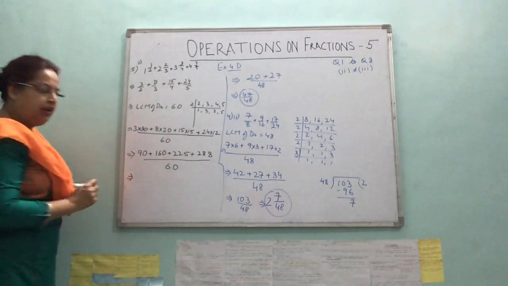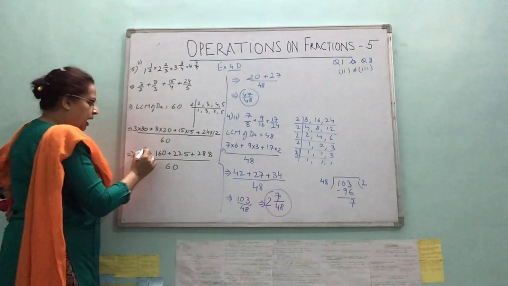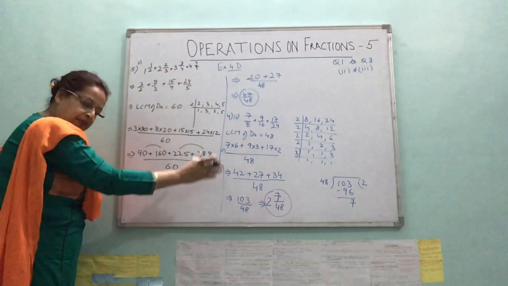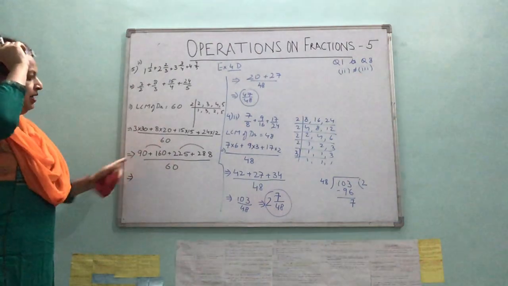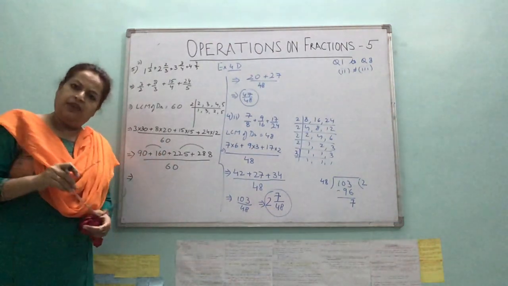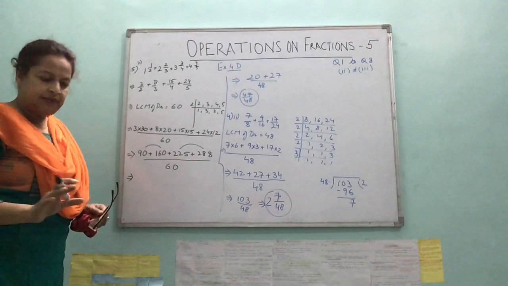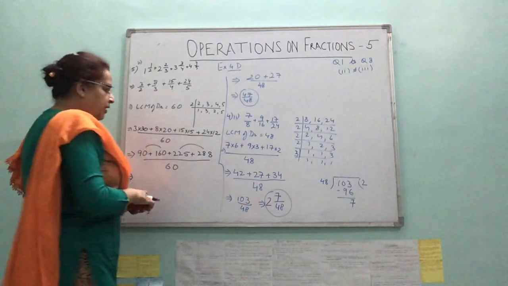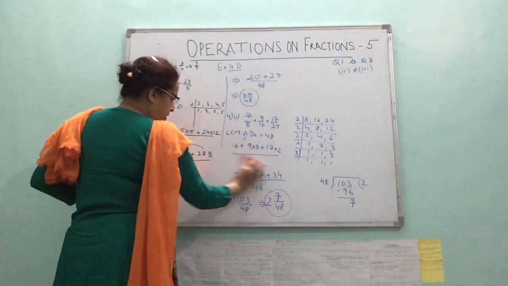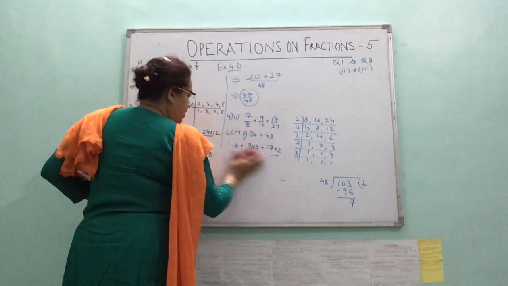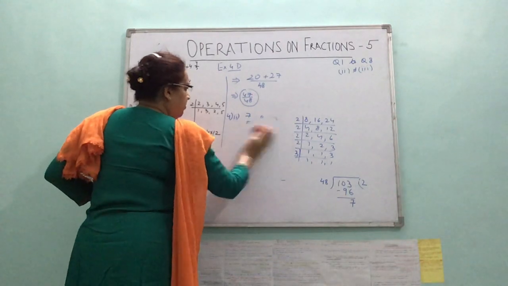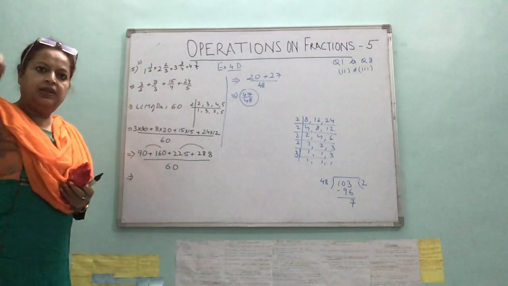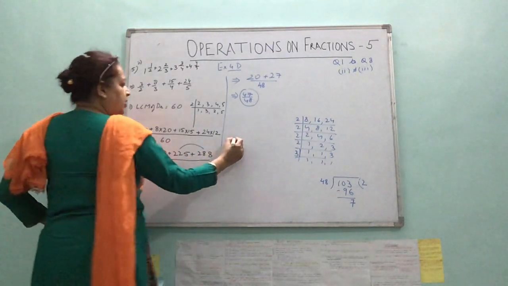Well, whenever you have to add such big numbers, add two at a time, and you will not make errors. Or you write separately in the working column and then add. Don't start adding all four together, it will make mistakes, children. Two you can add, but I would prefer that you add in the working column so that you do not make mistakes. See, after doing so much, if you make a mistake, what's the point, right? So, you can do it in the working column.